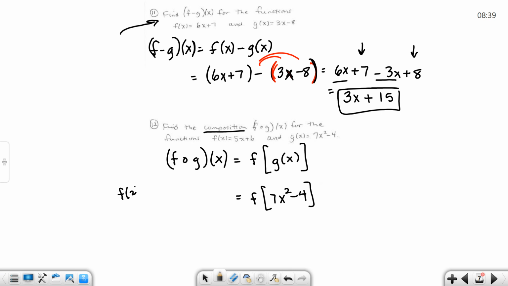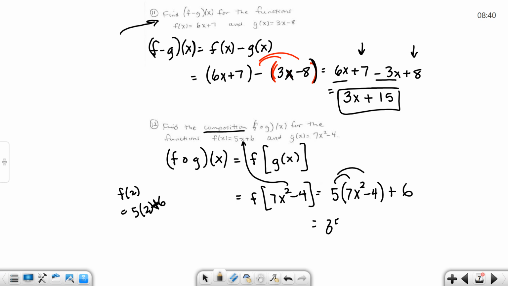Now think about it. If this told us to find f of 2, we would simply go to the function f and plug 2 in for the x. Well, that 7x squared minus 4, it's like that too. It just looks different. But we're going to go to the function f and plug that in. So we will get 5 times 7x squared minus 4 plus 6. Just like we plugged in that 2 over there to the left, we're plugging in our g, which is 7x squared minus 4. Now what we need to do is distribute the 5,